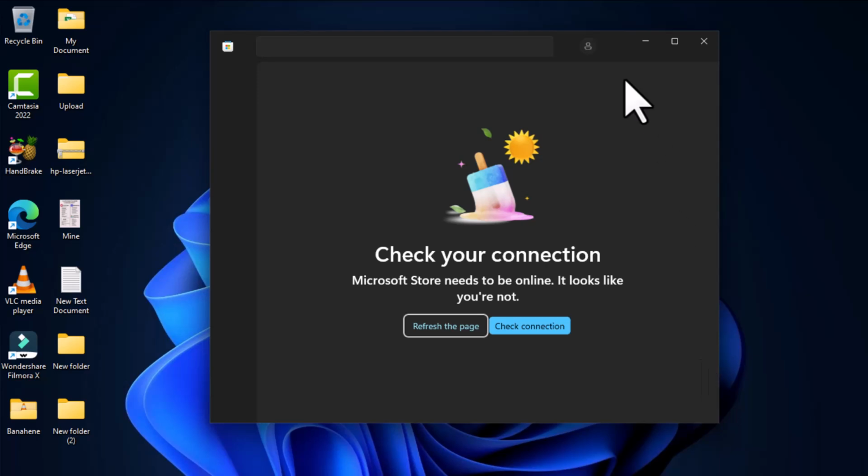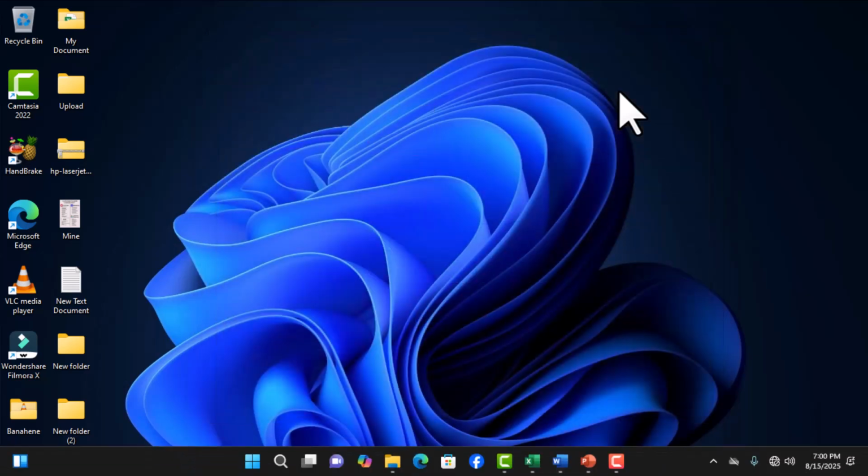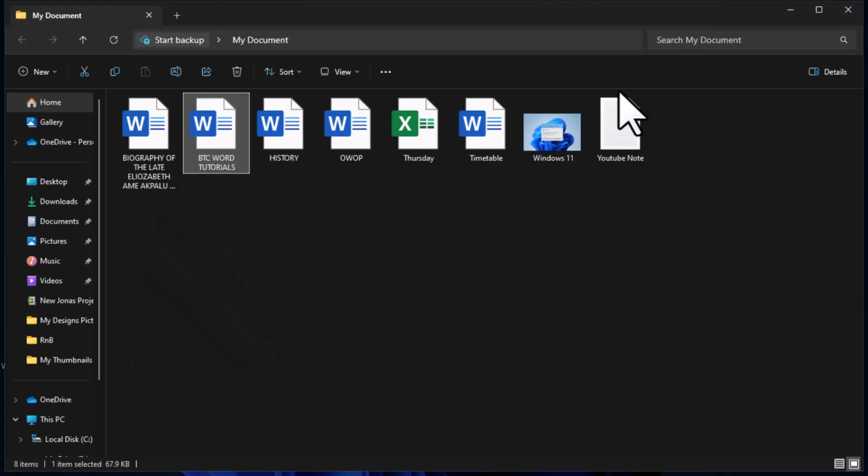And if I have this window open and I want to close, Alt and the F4. If I use Windows and the number 2 on the keyboard, this is going to open the icon that is in the positional number 2 on the Windows taskbar. And as usual, if you want to close any of this, you can use the Alt key and the F4